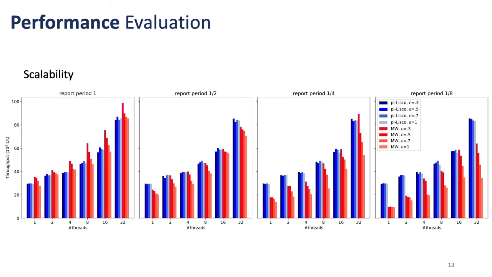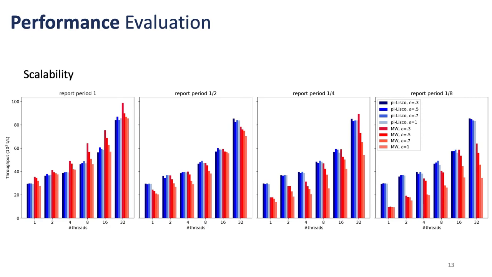The last metric is the scalability. Here we focus on how the sustainable throughput varies when increasing parallelism for different epsilon values. As shown, regardless of the report period, MW's throughput decreases while increasing epsilon. The reason is that by increasing epsilon, threads will search a larger neighborhood, which results in higher workload and lower